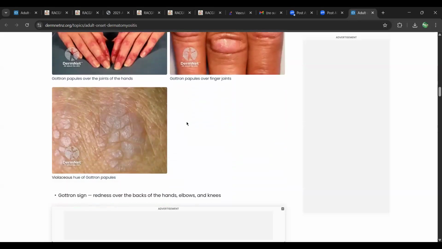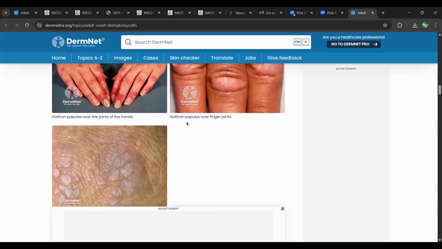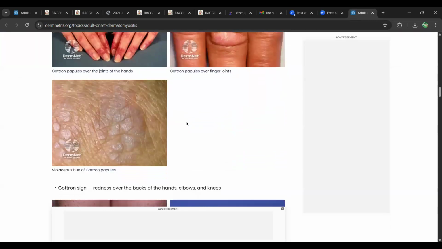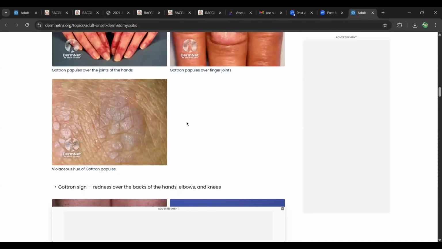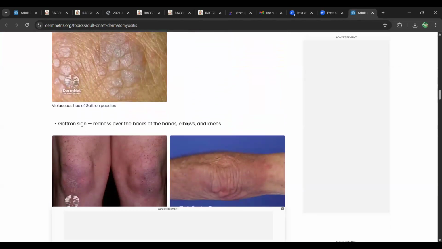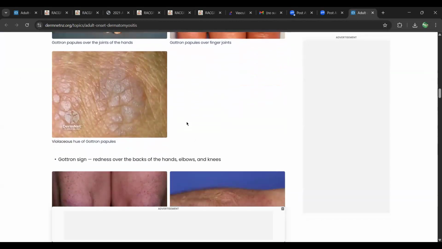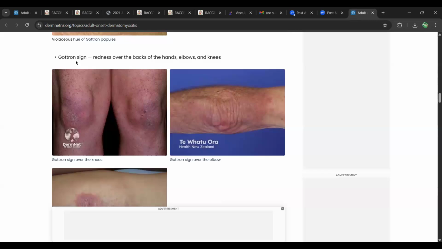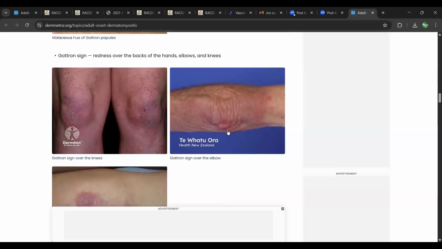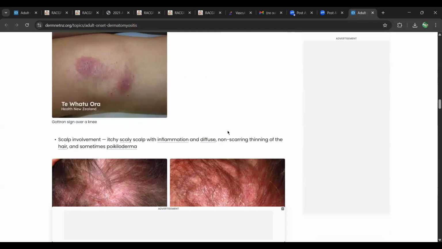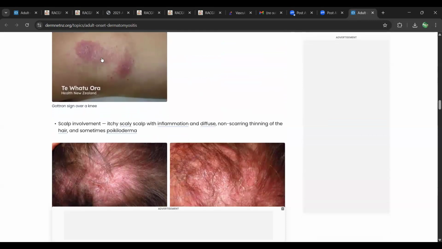For dermat, it's good to have a sort of album on your phone or something. You can keep screenshots of these and add them to that album, so that you keep looking at those pictures and get used to them, because they have a lot of different skin cancers that they question on in AMC, right? With pictures, they question on dermat mostly through pictures, right? So Gottron's sign is again the same thing, right? You can get it on the back of any joint.